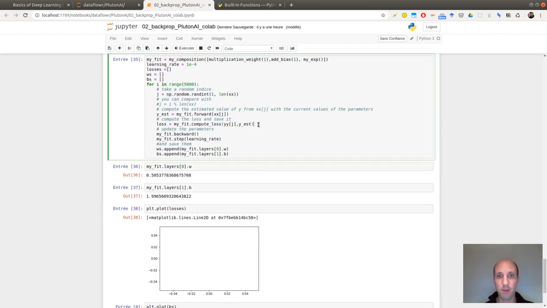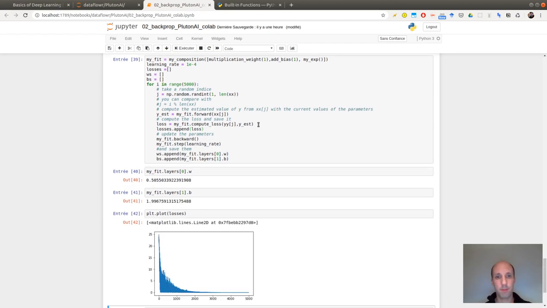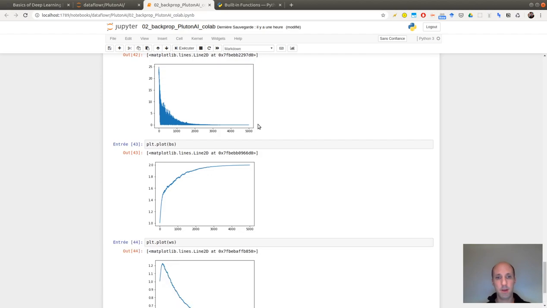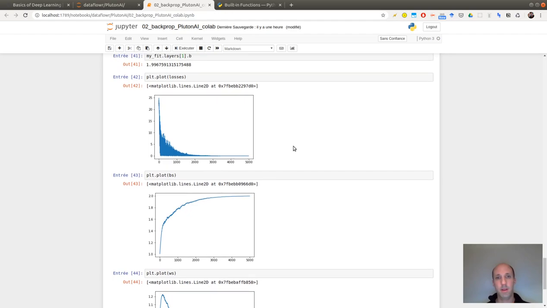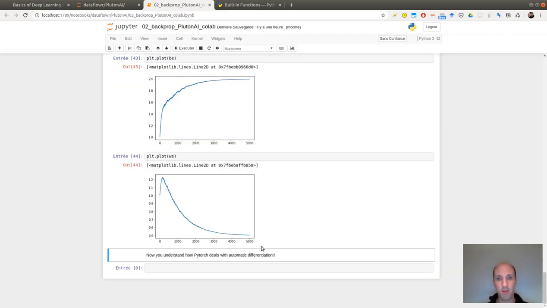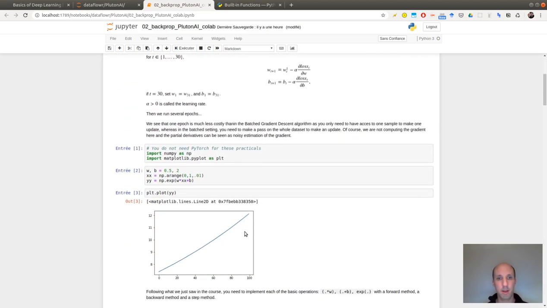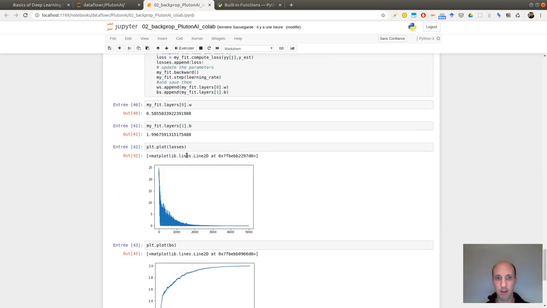I forgot to put... okay. So we have bias converging to 2, weight converging to 1/2, which were the right values at the beginning. So I think that's it.